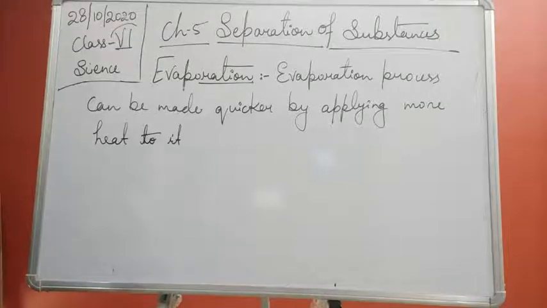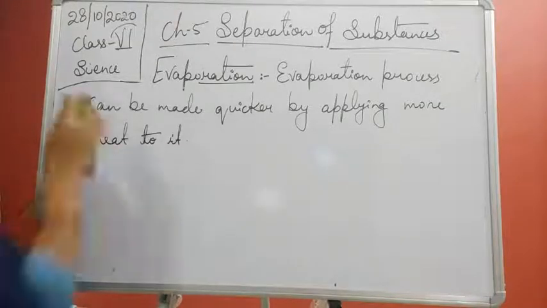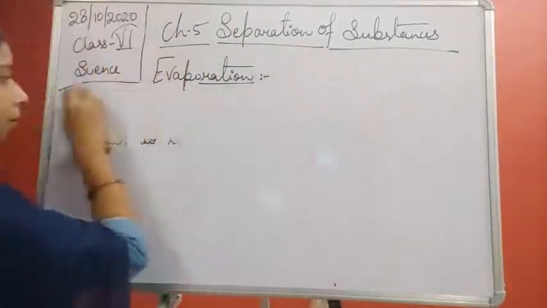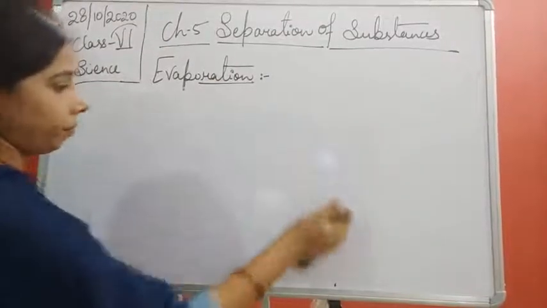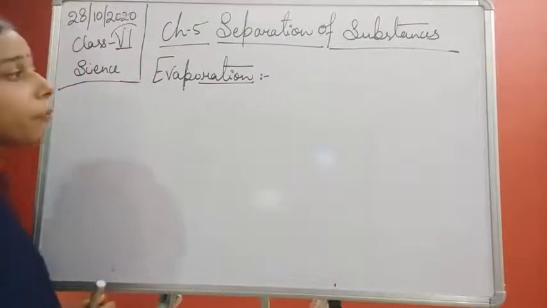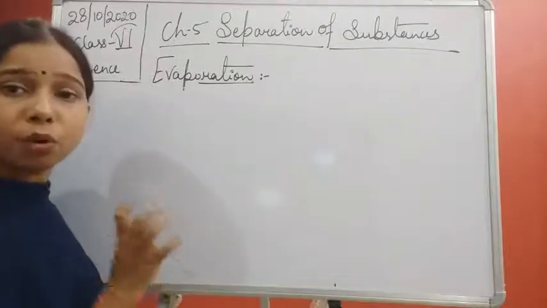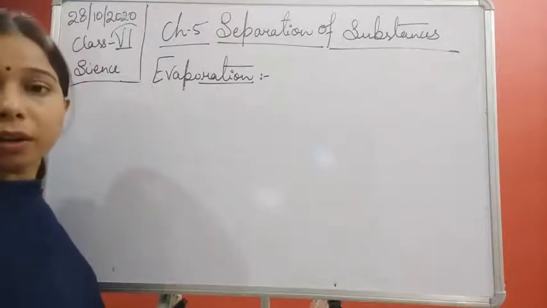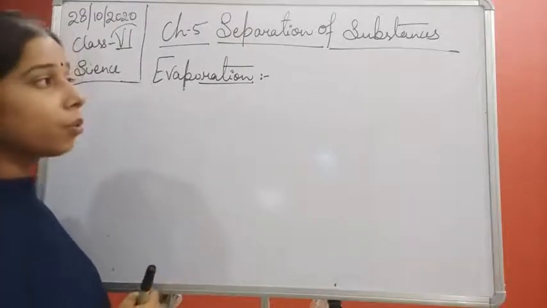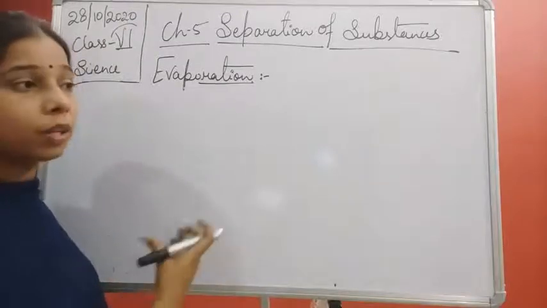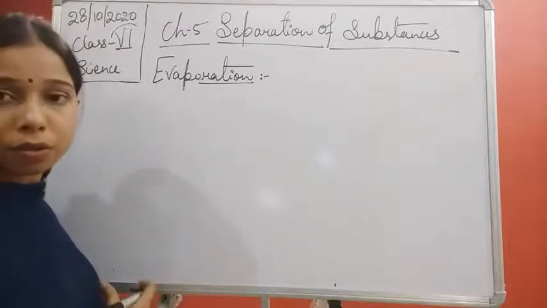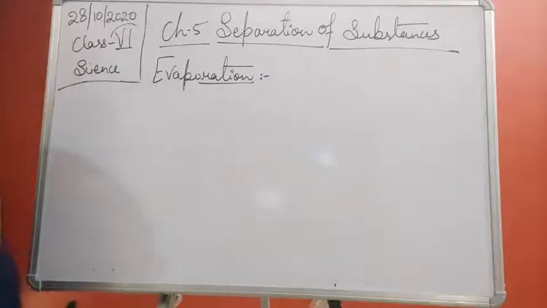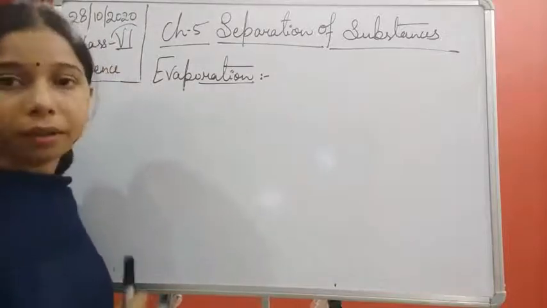So you see, students, in the process of evaporation, the solid substance must be such that it will get easily dissolved in the water, right? So which one will get easily dissolved in water? If we take the example of sugar and water, sugar will get easily dissolved in the water. If you stir it, it will dissolve easily in the water itself.